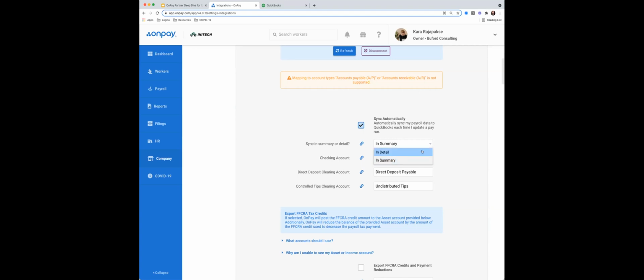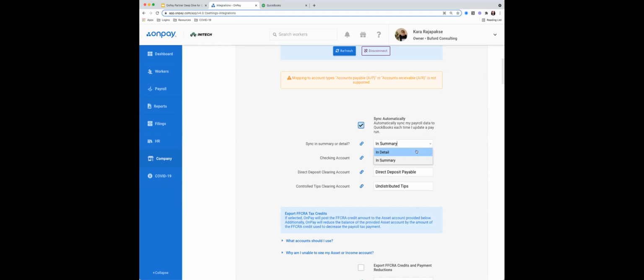Now, if you select in detail, we are going to send a journal entry per employee to QuickBooks, as well as what we call the tax sweep and the direct deposit sweep. So you do get those additional transactions. You get a lot more clarity into your QuickBooks, and your QuickBooks is going to reflect more detail that way. You're going to have each employee broken out. That is super helpful if you have a lot of live checks that your employees are handed out, or if your company only runs live checks and doesn't utilize direct deposit. That is super helpful for when you're reconciling.